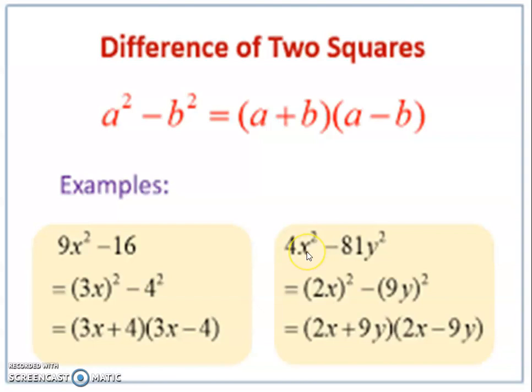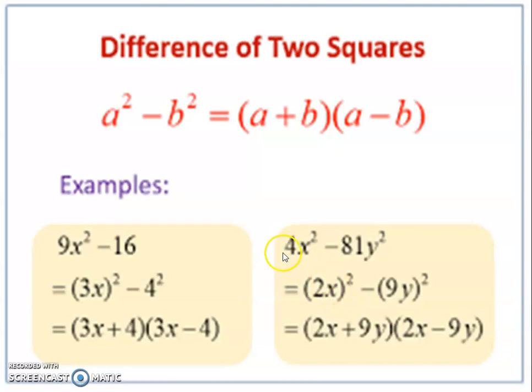Let us check the second example also. 4 is the perfect square of which number? It is exactly 2. 81 is the square of which number? Exactly 9. In this example, 4x² − 81y² is given. In the previous example the constant term was given; here they have given variable form. That is not much difference, we can easily equate.